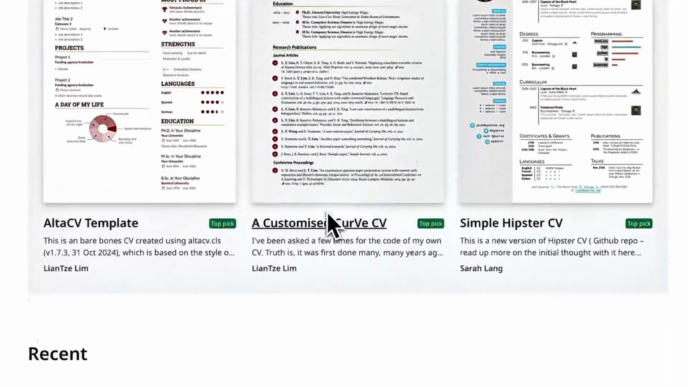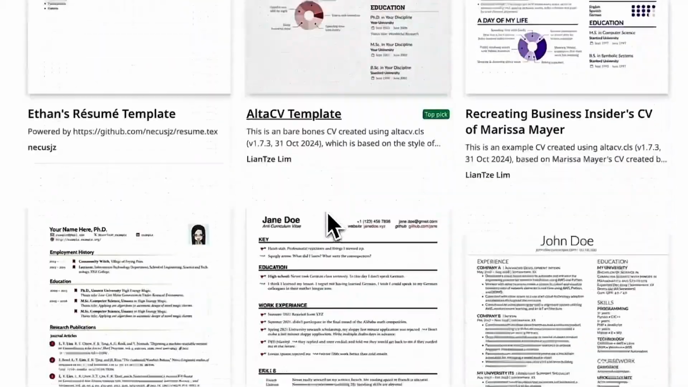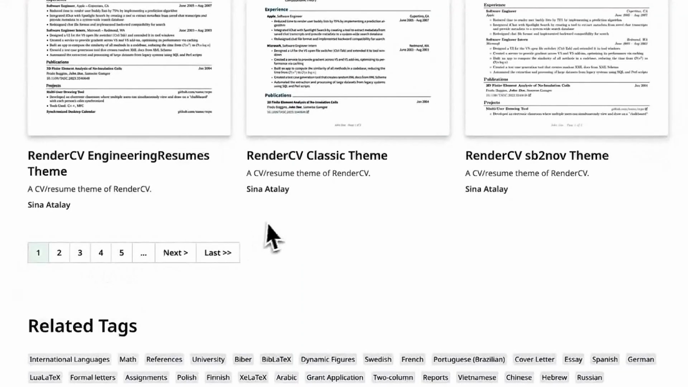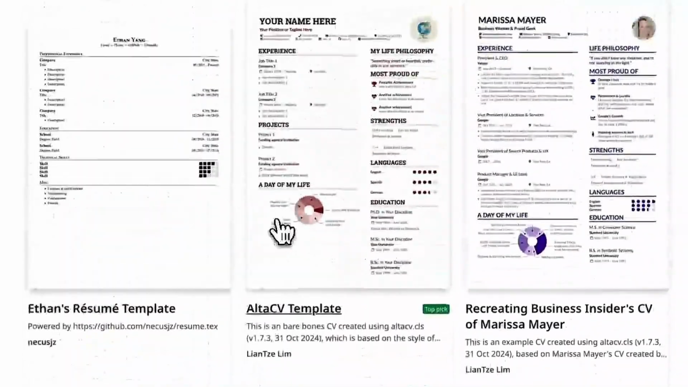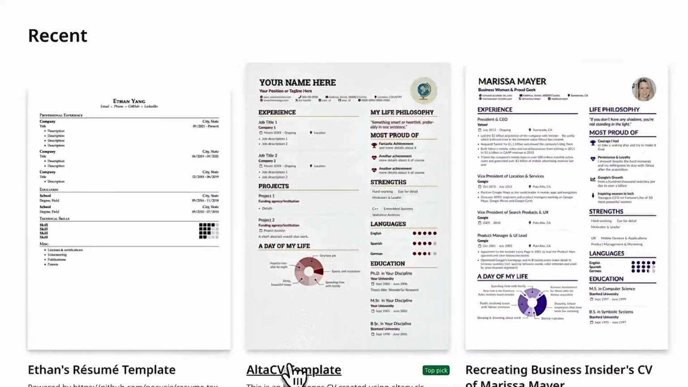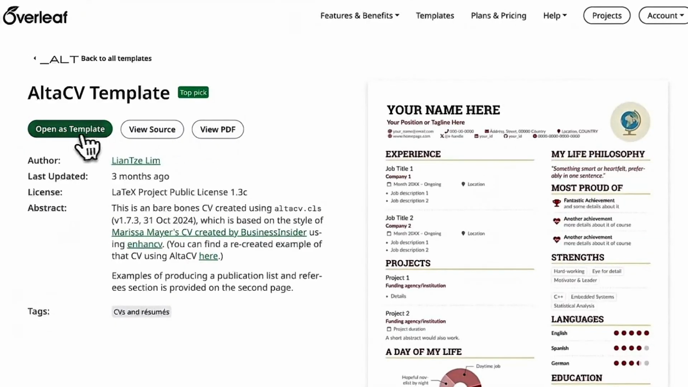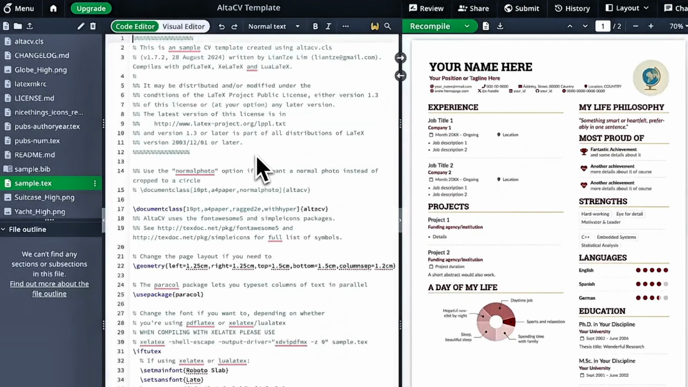Here, you'll find dozens of professionally designed templates, including staff-picked and popular options. Choose a template you like, for example, the Alta CV template, then click Open as Template. Overleaf will load the project into the editor, where you can see both the code and the PDF preview side